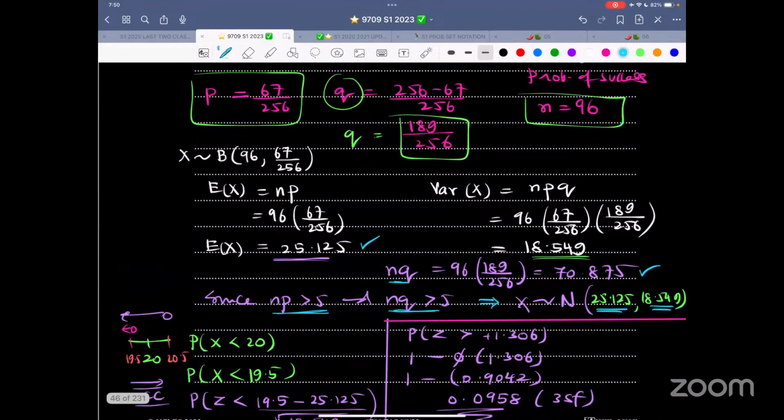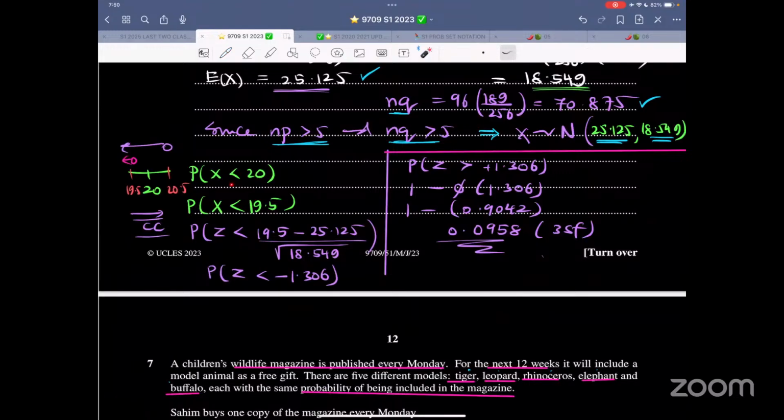Fewer than 20. So probability X less than 20, probability X lesser than 19.5, continuity correction using a number line. I believe in working. I believe in showing every stuff. And I'll just read the examiner report also. So probability Z is lesser than 19.5 minus the mean, divide by square root of variance. We get this value.